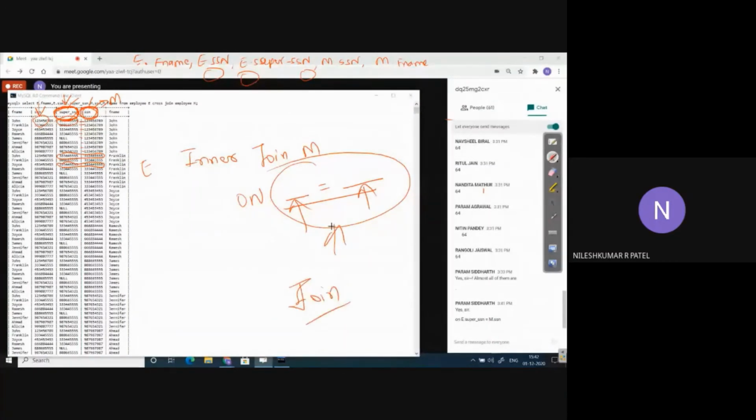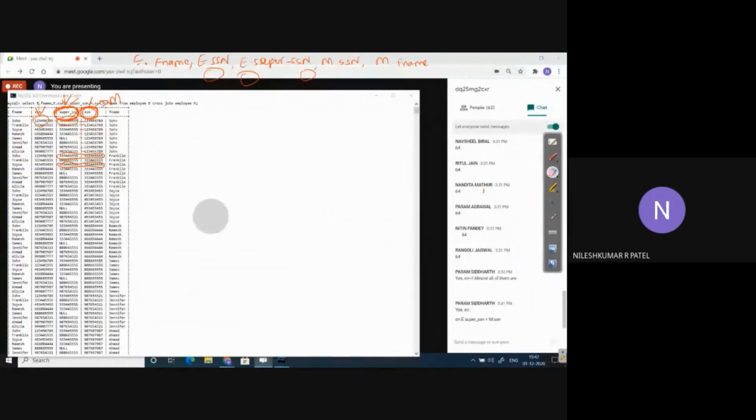What operation you perform here after ON is very difficult to get. Sometimes it is difficult for students. Actually, once you become a database expert, it will be very easy to understand. But initially, how you can identify that your query is working correctly or not, or if you want to write an answer in exams, you have to think like this, and then you will be able to write the query, right? So as you can see here,